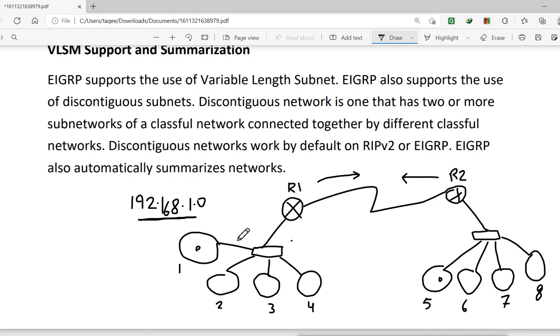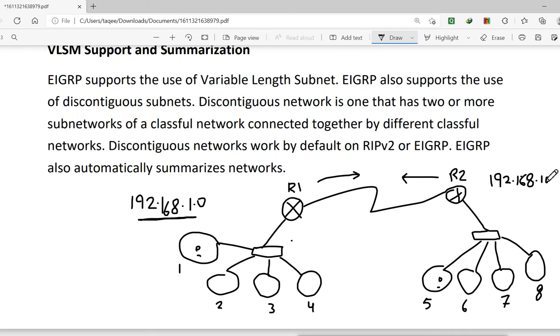They know that they are connected to the whole network, not the 4 subnets. So they will not forward the data from this network to this network, they will not forward the data to the other side. And if someone wants to send data from that network to this network, this router will also not forward the data to this side. They know that this network is connected directly to their interface. They feel that this network is directly connected to their Ethernet port and the whole network is connected.